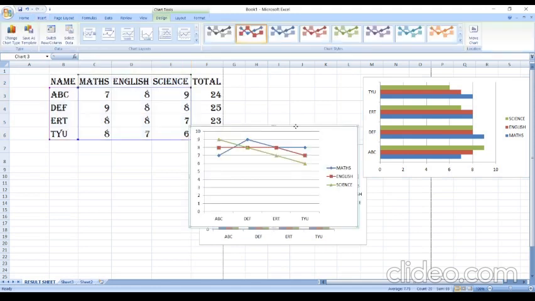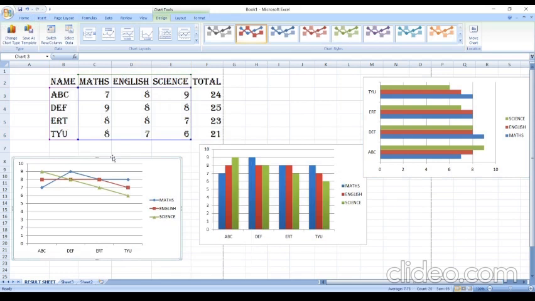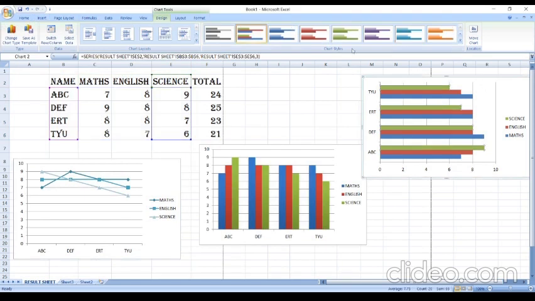Whichever type you want to choose, you can. Clear? Here again you can see different types of line charts, whichever type and color you want. Same in bar chart also, you have different combinations, whichever you want you can choose. So a line chart shows the exact numbers, exact points, a comparison between periods of time, illustrating an equal interval. That is a line chart.